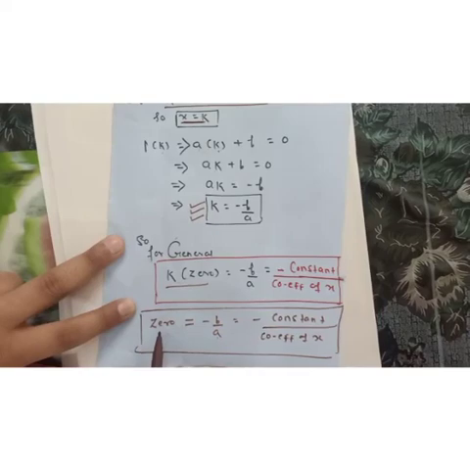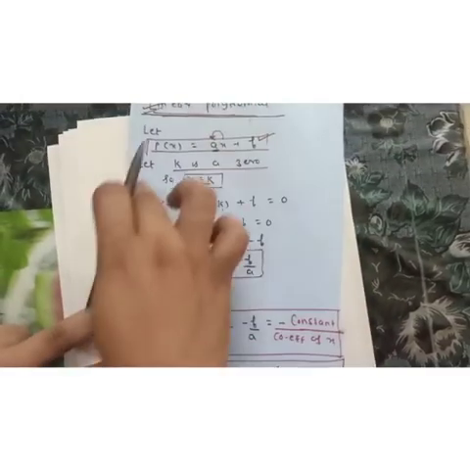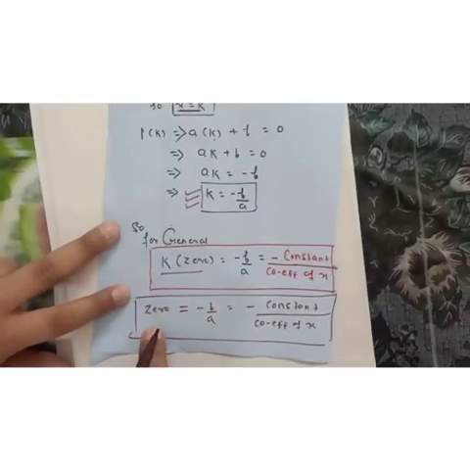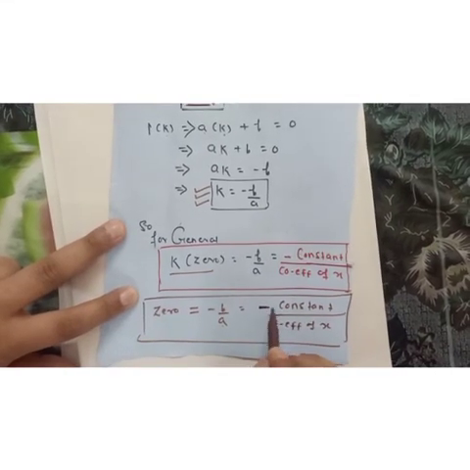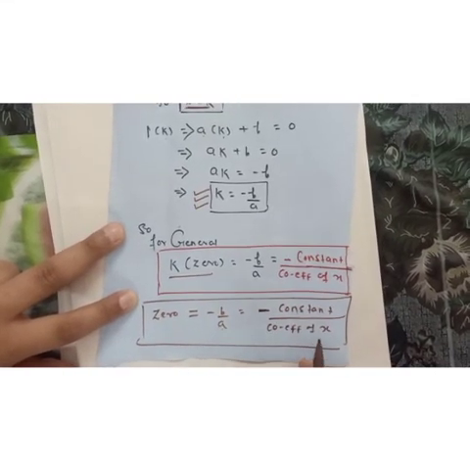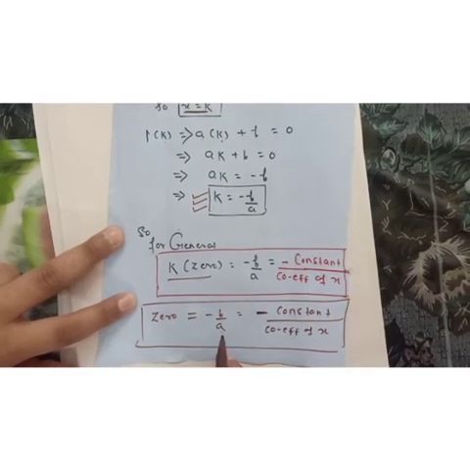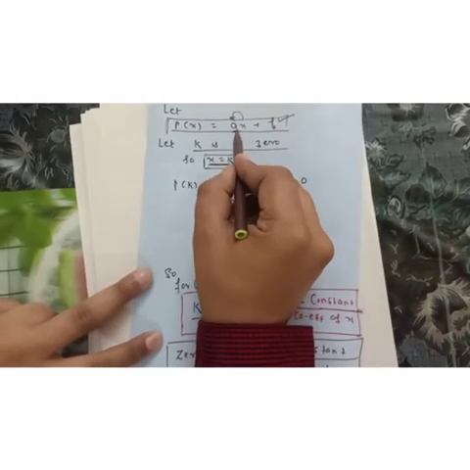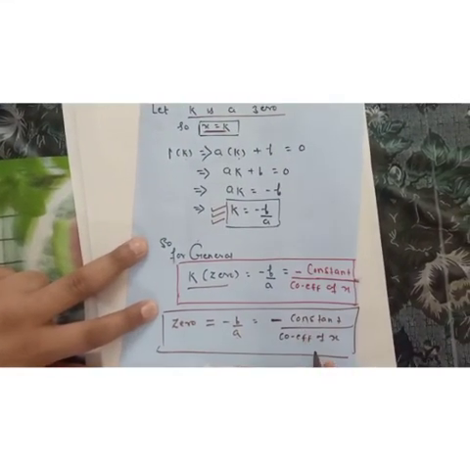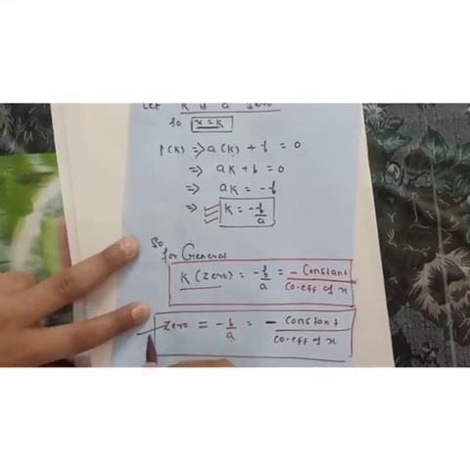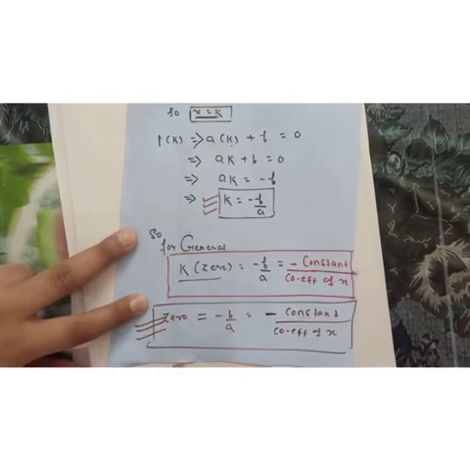So what is the formula for zero? You have to remember this. You don't have to remember the derivation, only the formula. The zero of a linear polynomial is minus of the constant term upon the coefficient of x, or minus b upon a. So what is the general form of a linear polynomial? ax plus b. What is the formula for the zero of a linear polynomial? Minus constant upon coefficient of x. This formula you have to remember for the future, right?